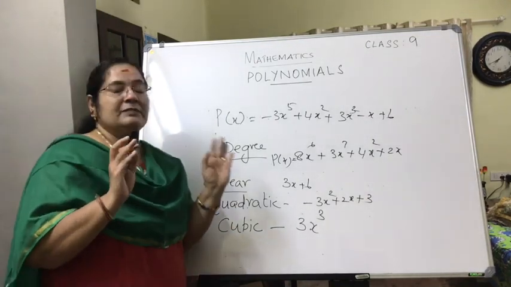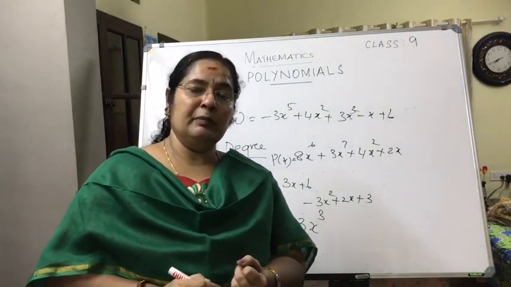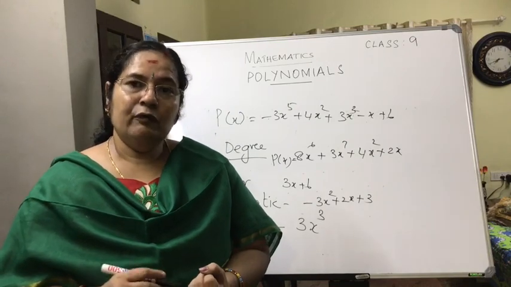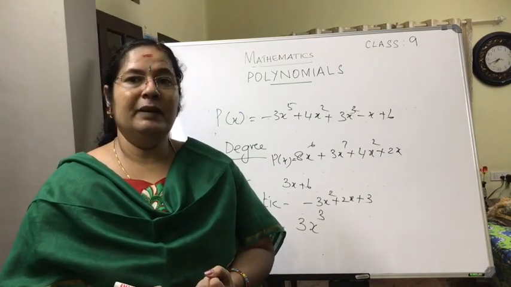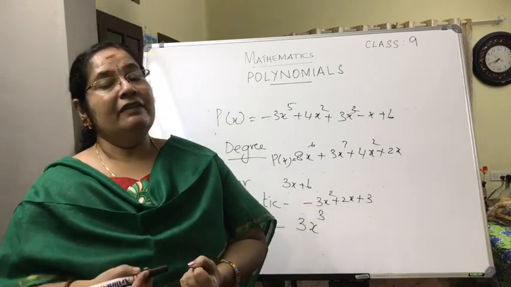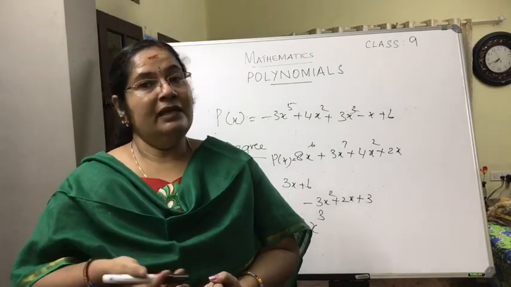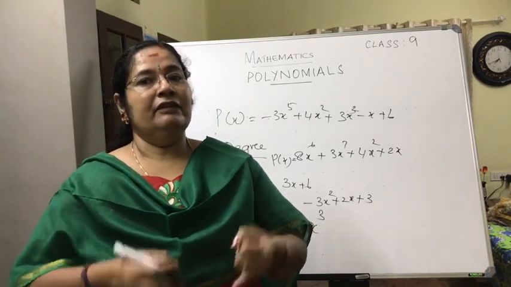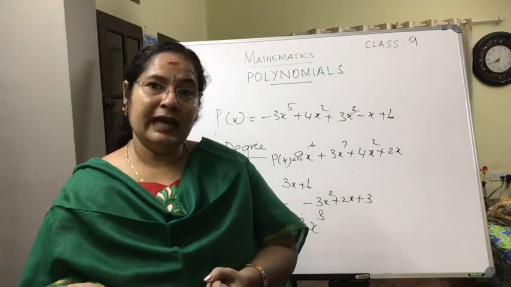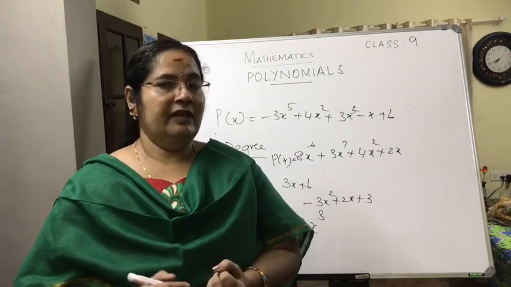So let us put in a nutshell what we have learned today. We have learned what a polynomial is. A polynomial is a mathematical expression where the power of the variable is a whole number, or you can say a positive integer. Then we have seen how to represent a polynomial. Polynomials can be in any number of variables. If in a particular variable, how do you represent it? P of that particular variable. P of x means it is a polynomial in the variable x.